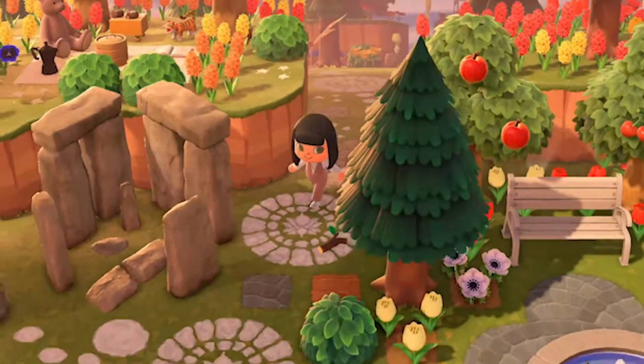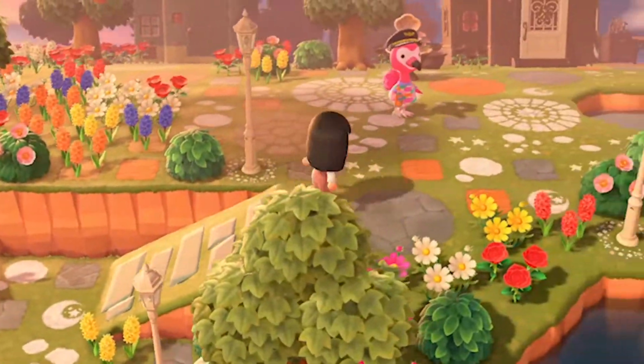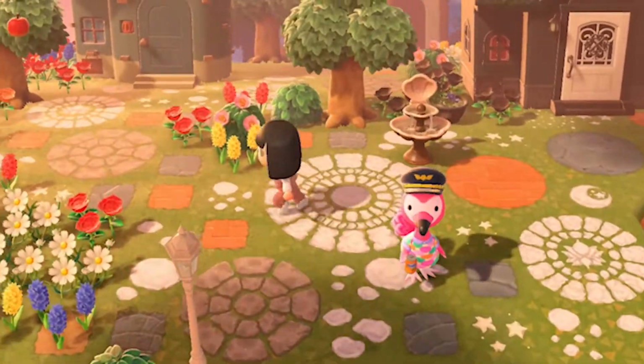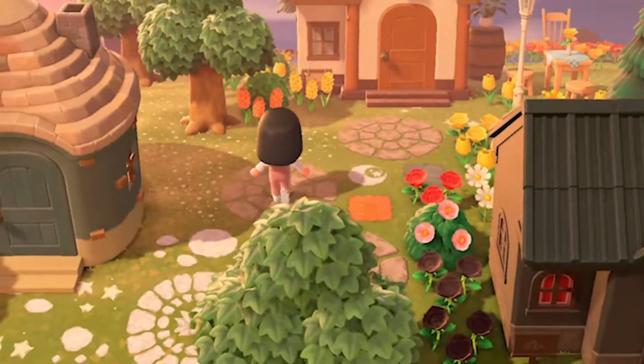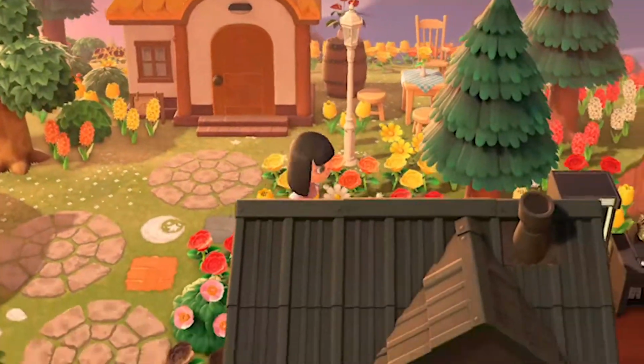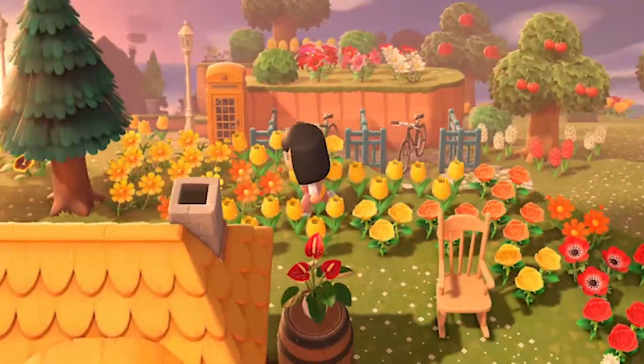Let's get out of the pond and into the residential area. Up on the 3rd level, you will find Tiffany, Sprinkle, and Goldie's house. Goldie is my favorite Animal Crossing villager because she is so sweet and so wholesome, so I gave her the most flowers out of everybody. Essentially, when I do not know how to decorate houses, I literally just put flowers